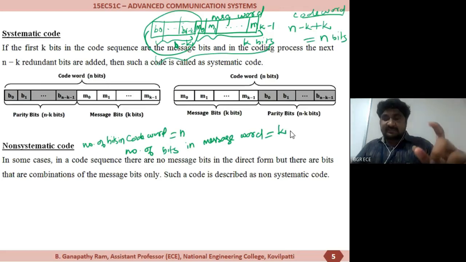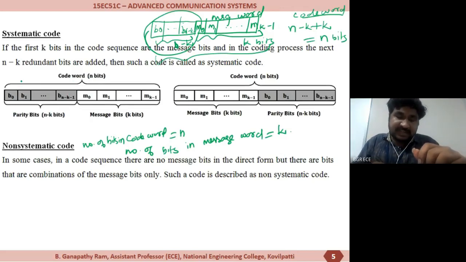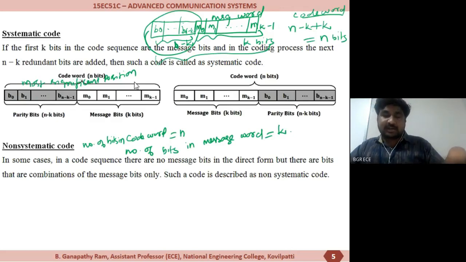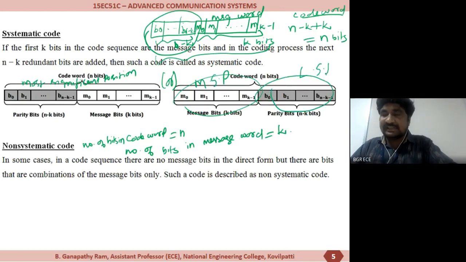If the message word and the code words are arranged in such a way that the parity bits are padded in the most significant position and the message bits are located on the least significant position, or otherwise the message bits will be on the most significant position and the parity bits are located on the least significant